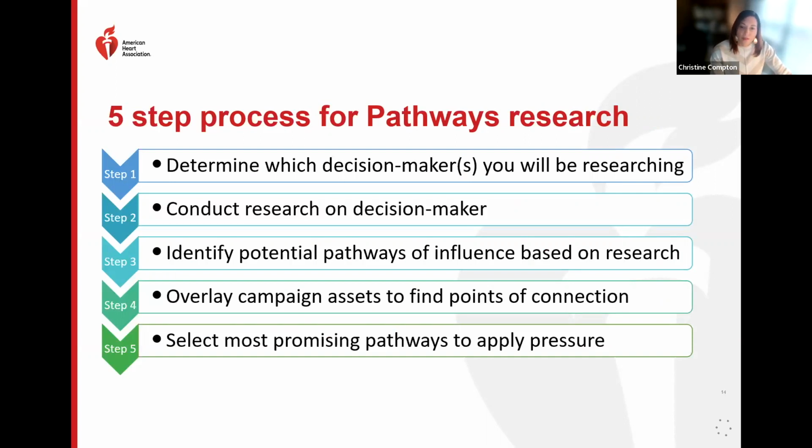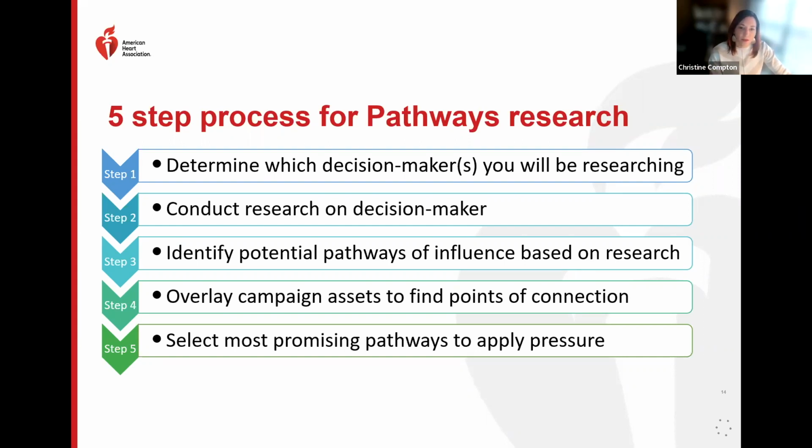And those are the 2 steps that a lot of people usually do, right? So those are kind of easy. We're thinking about, okay, who do we need to influence? Let's look up just a few things about him or her, maybe ask a few folks. Maybe we think we know a lot of things about this particular elected official. Maybe he or she has held their seat in Congress for many years. So sometimes we might take those first 2 steps for granted. So this is a good exercise to help us think about